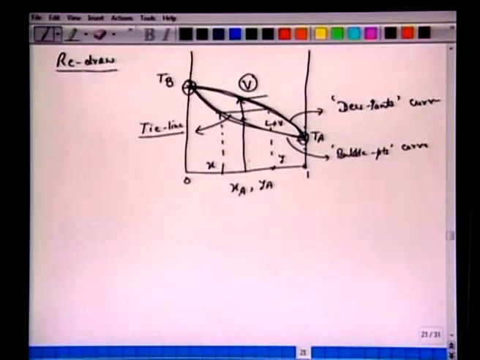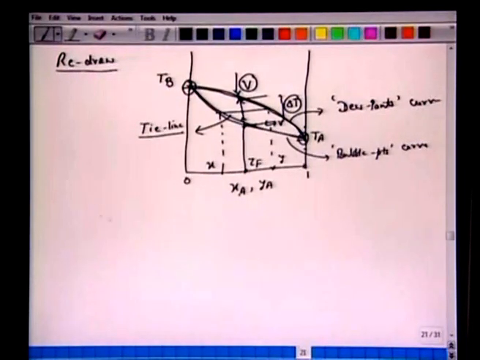So for this composition ZF, we can say that this is the delta T range of temperature at which the boiling takes place. First boiling starts from here and ends here. Similarly, if we condense, first condensation takes place at this temperature, then the entire vapor is converted into liquid at this temperature. So this is a temperature range for this binary component mixture.